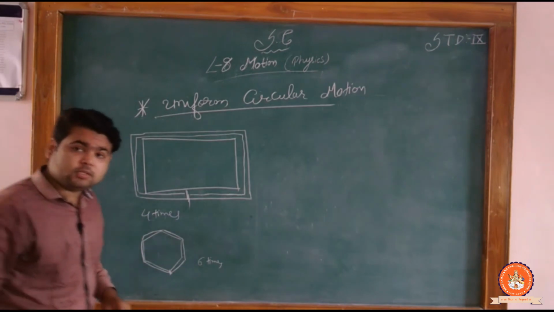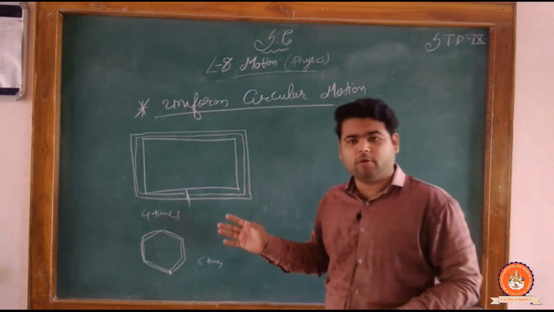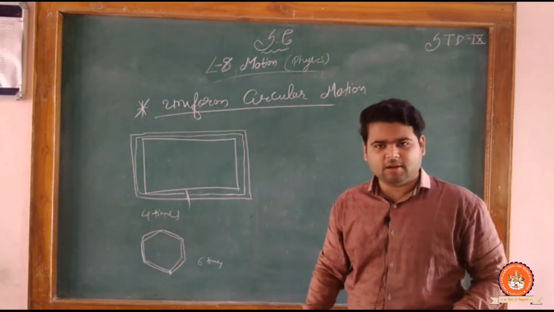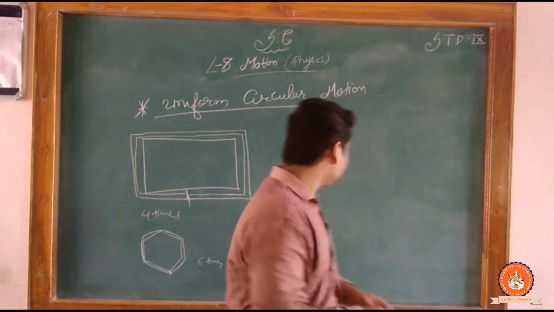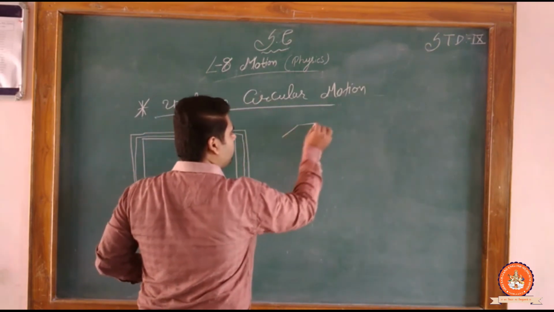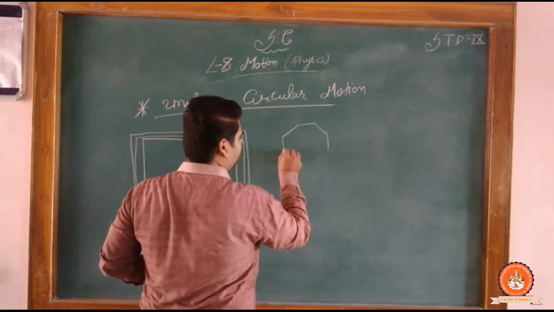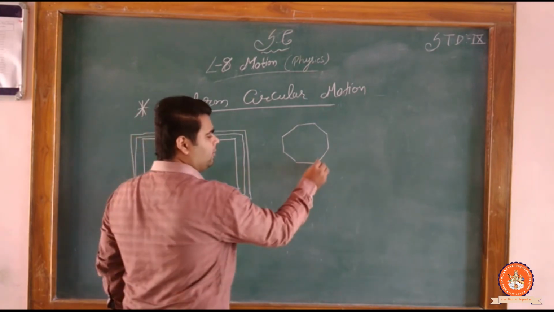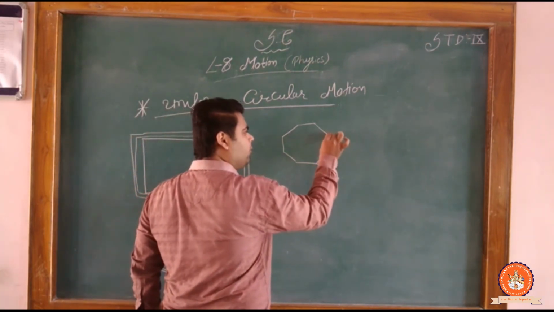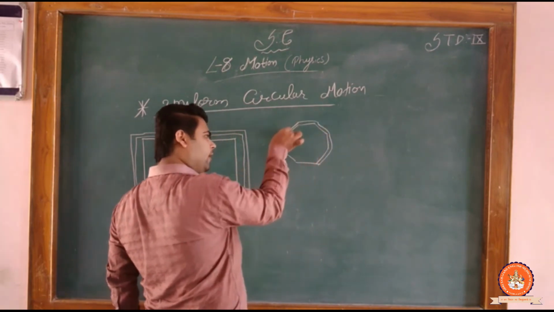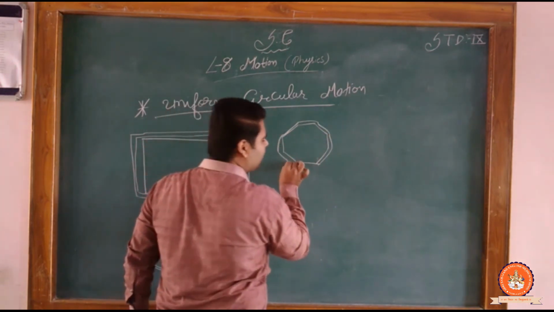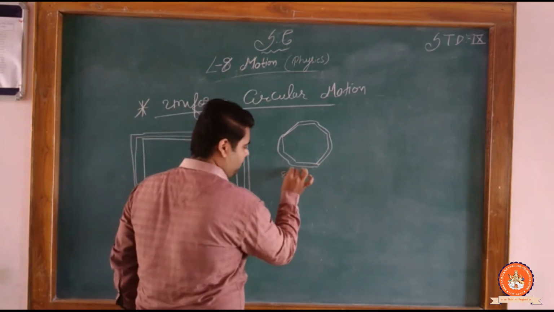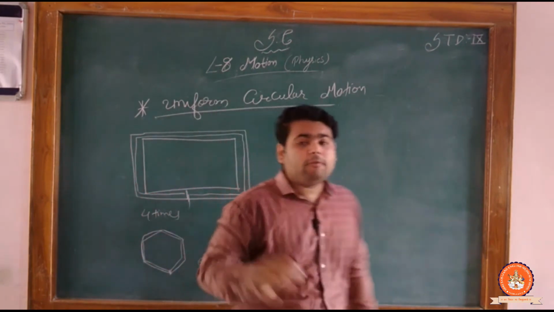If there is an octagon, what? It is a regular octagon, with 8 sides. As many sides as there are, that many times there is a change in the velocity. Clear? Now here is our octagon. 3, 4, 5, 6, 7, 8. From here complete 1, 2, 3, 4, 5, 6, 7, 8. So how many times had they changed their speed? Yes, 8 times. So from this figure what have we understood?